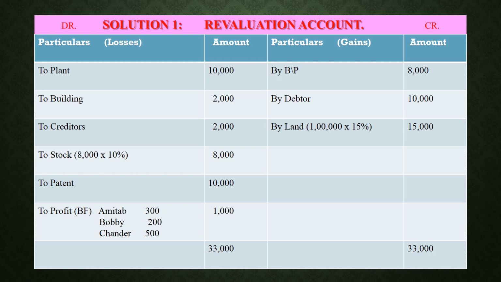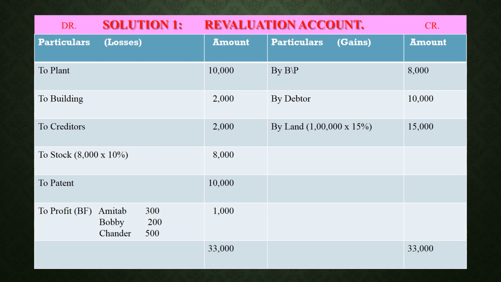Next adjustment, debtors undervalued by rupees 10,000. Now debtors undervalued means that actually the market value of debtors is more, but we have shown it less in the balance sheet. So to show in revaluation account, it is our benefit, we have to show it on the credit side. This is vice versa to overvalued. Overvalued is our loss and undervalued is a benefit to the business. Therefore, debtors will come on the credit side being benefit. By is written in adjustment statement, the amount will be 10,000 as it is.